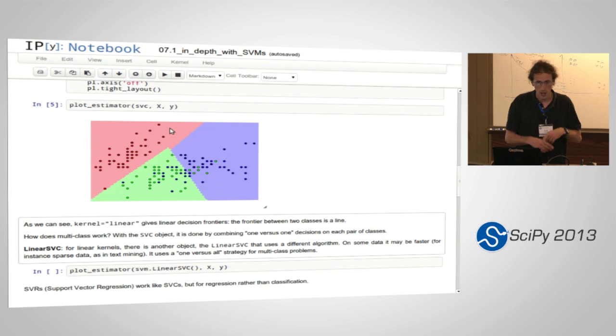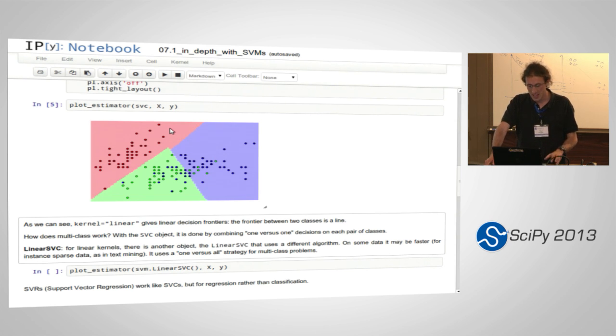One caveat is that we have several implementations of SVCs, but in the SVM module, we have two implementations. One is the SVC, which uses libSVM, and the other one is the LinearSVC, which uses liblinear. So LinearSVC does only linear kernels, whereas SVC does more. They use different underlying algorithms, so you're going to have different convergence problems, different speed. It all gets very technical, but one caveat is that